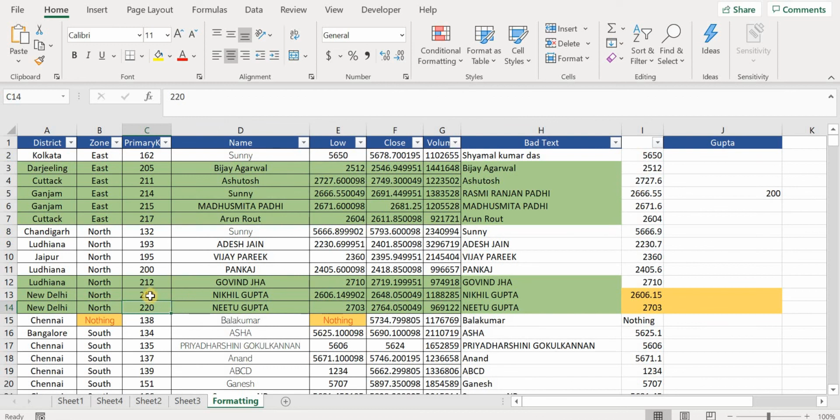Now if I put it as 198, then the second rule is applicable, because the 200 rule is not applicable, but the Gupta rule is applicable. So this is getting converted to the yellow. Here also the yellow is there, but because this is given more priority, green is dominant. So let me put it as 156 and there you go. I think this was very clear for you and a lot of good concepts were learned by you in conditional formatting. Let's see you in the next lesson.